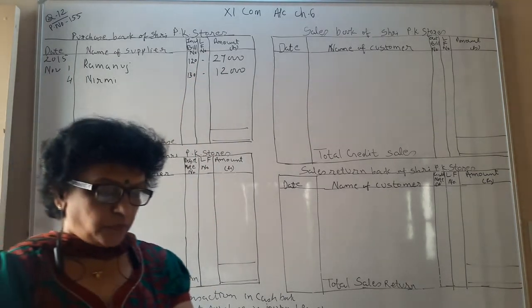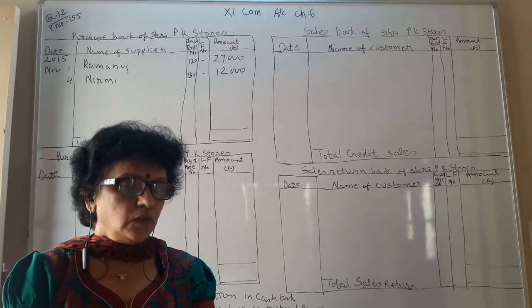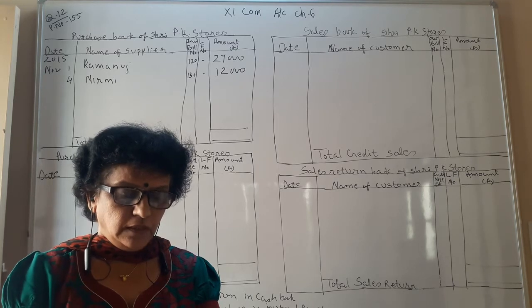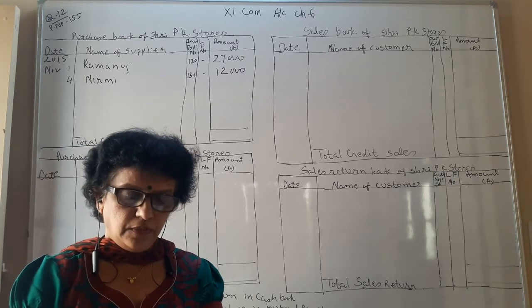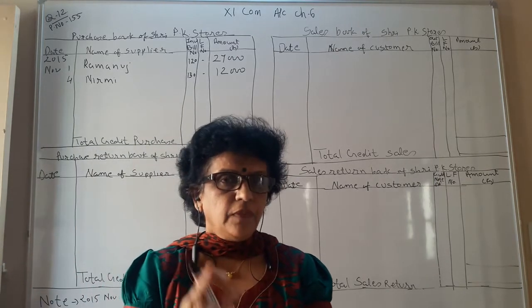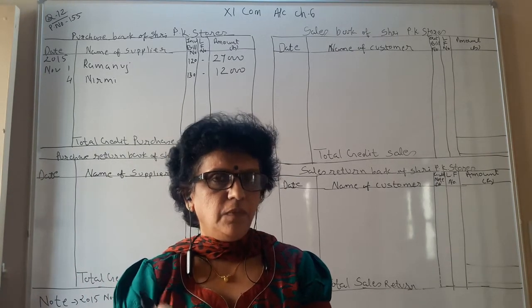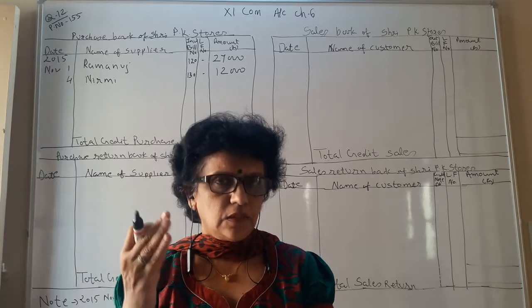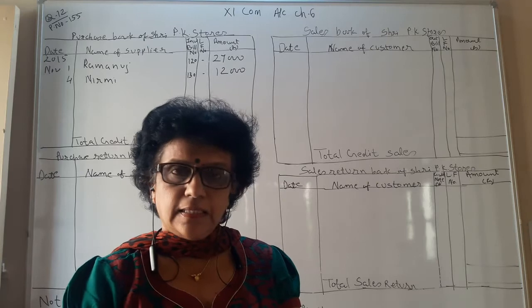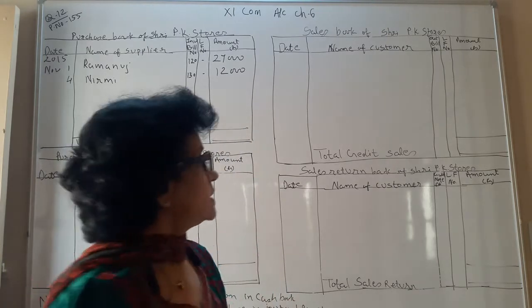Sixth transaction, sold goods. See, it is sold, so it is going to be a sales transaction. Sold goods of 15,000 to Suresh at 5% trade discount, 3% cash discount under bill number 350. Now here trade and cash both are given. It is not a cash transaction, so cash discount is to be ignored. So it is a credit sales transaction. We'll go to the sales book.